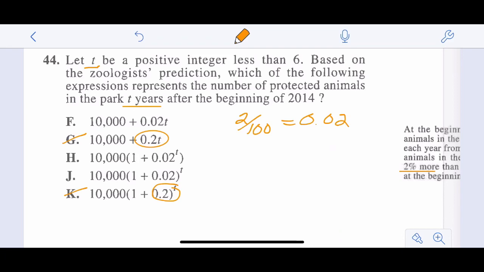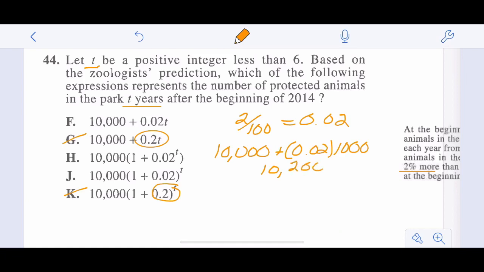So we're going to say F is probably out. In 2014, we had 10,000. In 2015, we had 10,000 plus 0.02 of 10,000. And add those together, and we get 10,200 in 2015. So in 2016, so 2 years in, we had 10,200